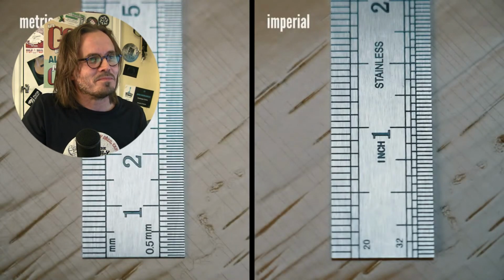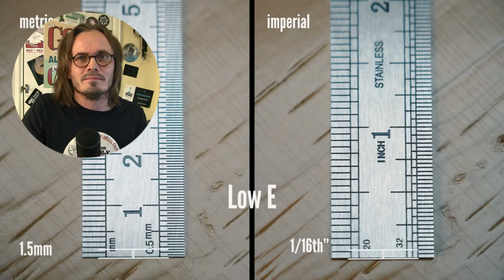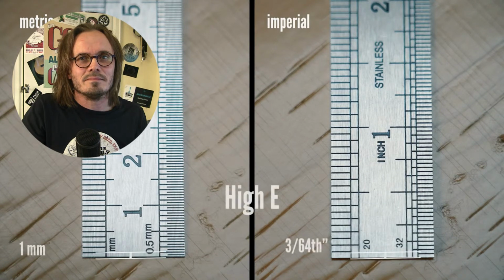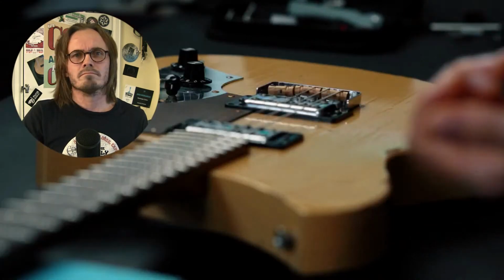Well, I like my action on the 6th string, the thickest, to be around 1.5 millimeters, and for the high string around 1 millimeter. On the left we see the measurements in millimeters, the metric system; on the right the imperial system in inches. But I gotta admit, I never measure the action at all. You should always strive for getting a good playing guitar and not try hitting a number. But if you're new to measuring or setting up the action, it may be a very good indication of getting in the right ballpark. Usually you will see higher values recommended, so don't take this as advice, but getting a guitar that plays like butter often makes it sound like butter too, but feel free to go a little bit higher if that feels right for you. Anyway,